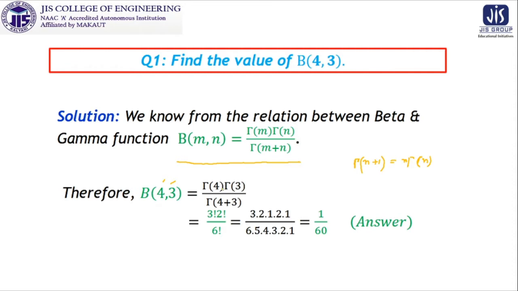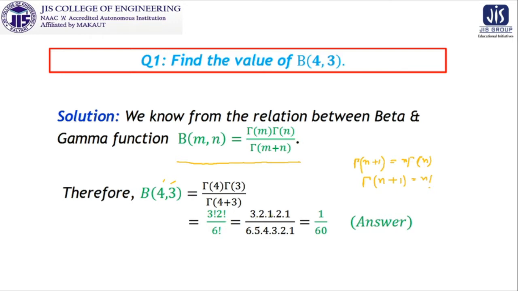So in the context of a positive integer as the parameter of a gamma function, we can write gamma n plus 1 is n factorial. Clear? So by this particular property, gamma 4 is gamma 3 plus 1, which is equal to 3 factorial, gamma 3 is equal to gamma 2 plus 1, which is 2 factorial, and gamma 7 is equal to gamma 6 plus 1, that is 6 factorial.